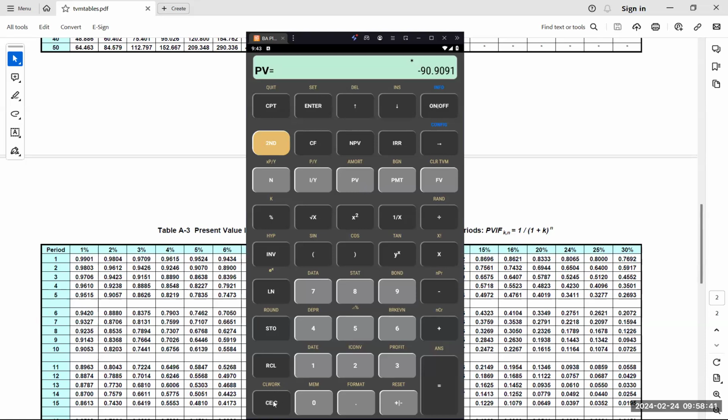So let's just observe. I'm clearing the display, and then I'm clearing also the time value memory by pressing second function and clear TVM. And then I'm saying that I'm going to pay $100, because I'm going to pay $100 after 1 year. So this money will leave my pocket after 1 year. So I'm going to put it with a negative sign. So this $100 negative, going out of my pocket after 1 year, is the future value. 1 is my time period, and during which time the rate is 10%. And compute